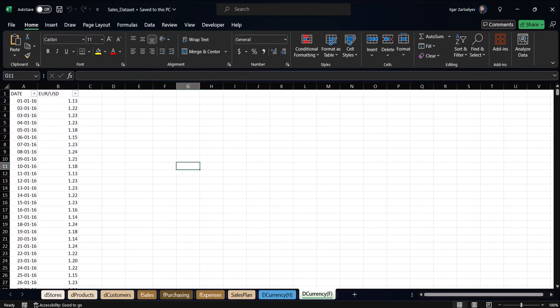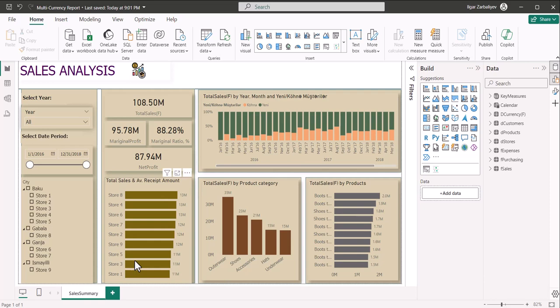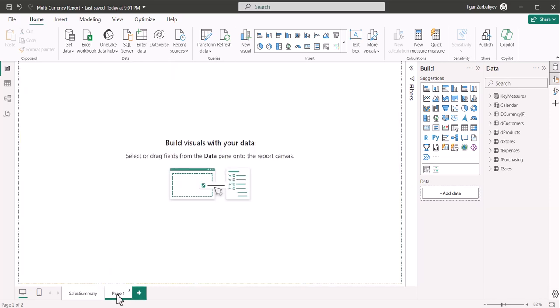Okay, now let's go on with our Power BI file. Let's add one more page and let's call it multi-currency. And let's imagine that our manager is interested in a sales report where he will be able to see sales of the company both in euro and US dollars interactively. So let's build this kind of